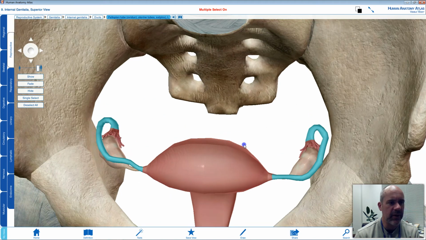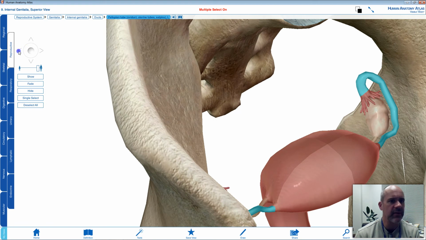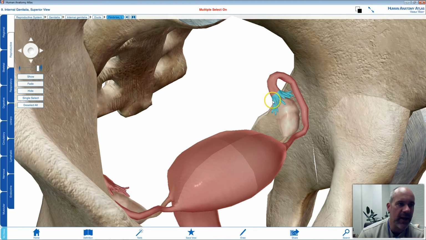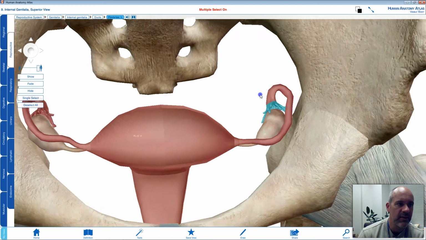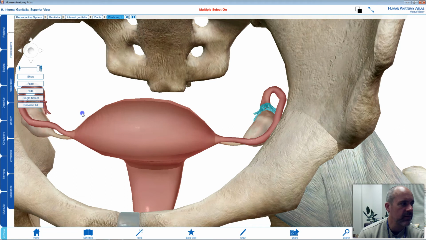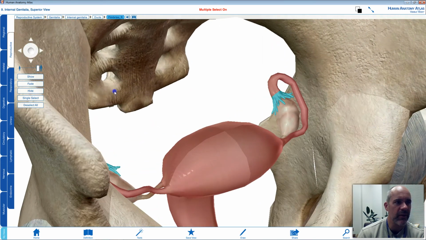Now if we zoom in on a fallopian tube, let me slide this over. Let me deselect our fallopian tube. This portion right in here, where it gets wider, the fallopian tube takes on a wider shape. That's called the infundibulum of the fallopian tube. And then it has these finger-like projections that cup the ovary. They don't actually make physical contact with it. You've got that over here on this side as well. Those are called the fimbriae,